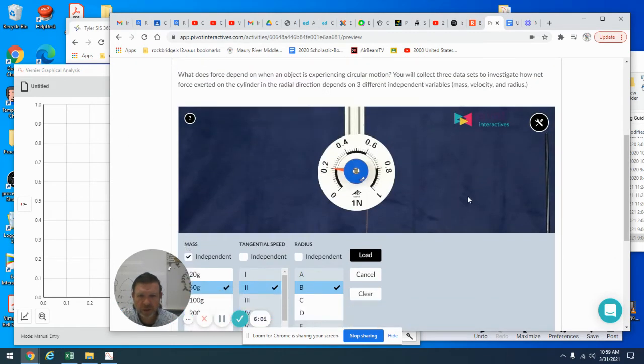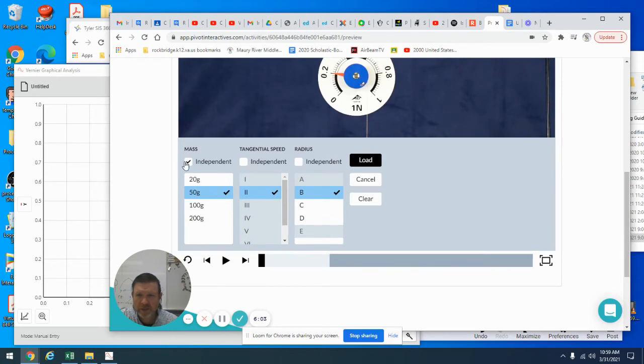Then the second one I asked you to do was to make the speed the independent variable, right? And so there's 7 choices for speed, and your only choices for these, you can either use the 20 or the 50, pick one of those, and then it looks like we have to choose radius D, right? Choose those, and